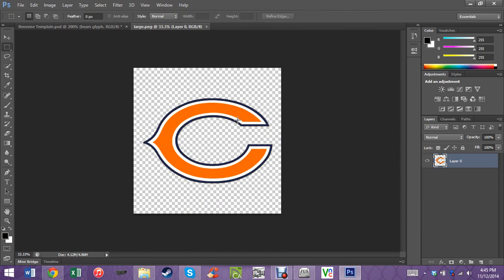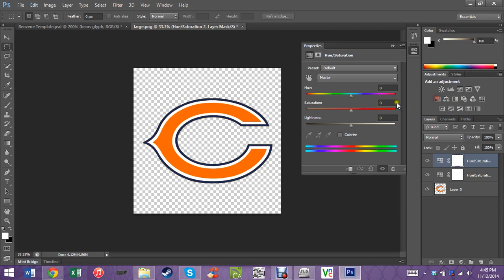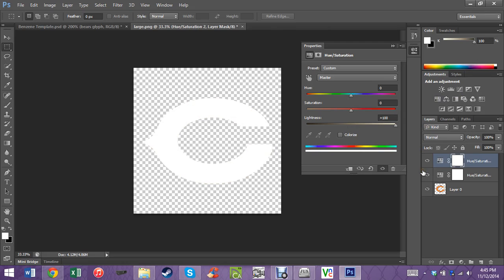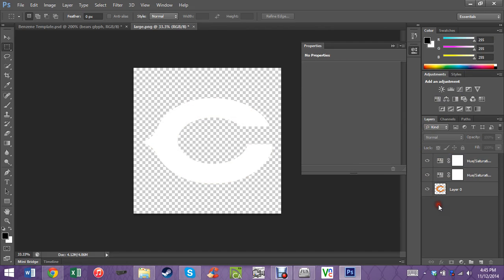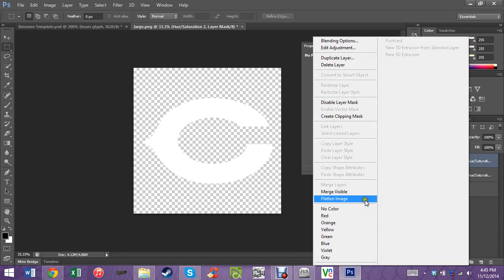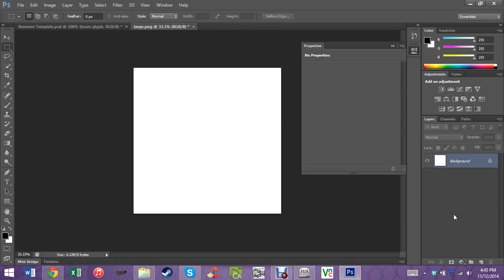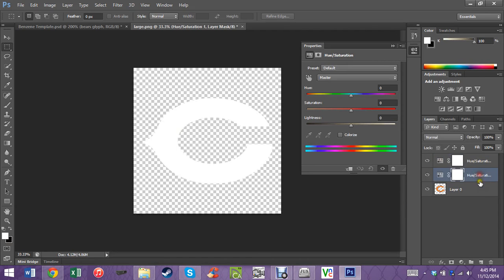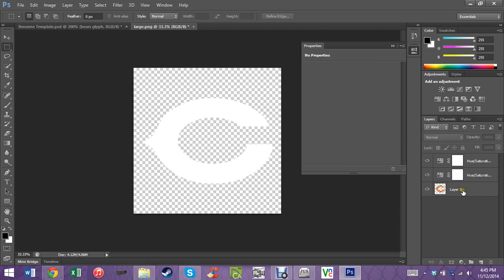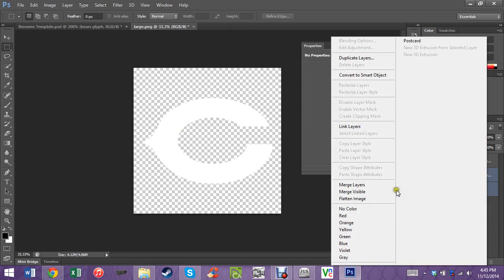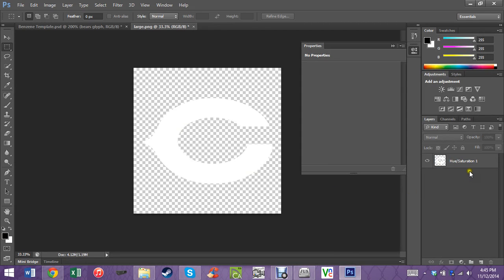For example, I really should have probably just made this white. And then flatten image. No, undo. Merge visible. All right. And then